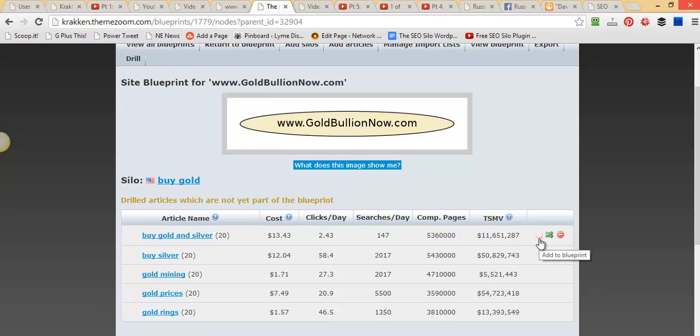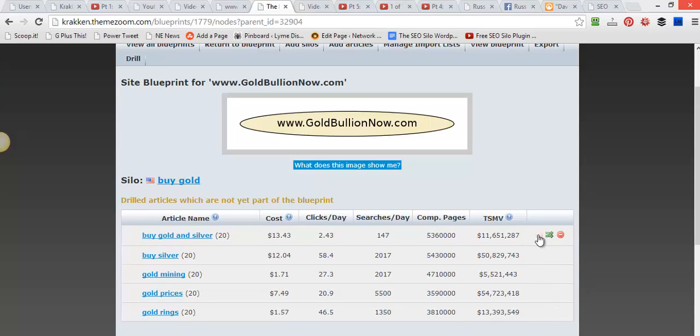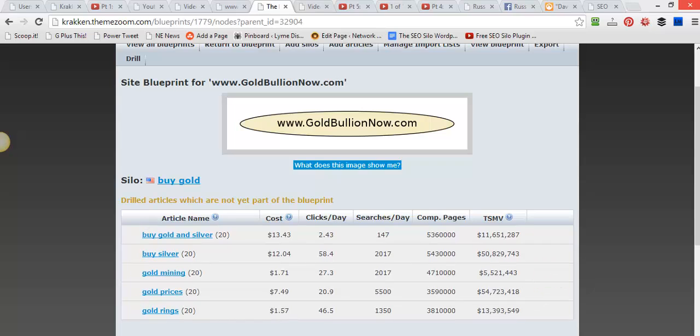You must, of course, finalize the article. Sorry, before you can do a thumbs up on an article, and you can see right here, this is one of the common help desk questions we have. You've got to obviously thumb up the silo before it. And you can see that we have no silos below Gold Bullion Now, which is the domain. So let's go back up to the